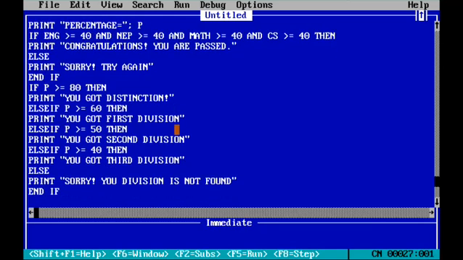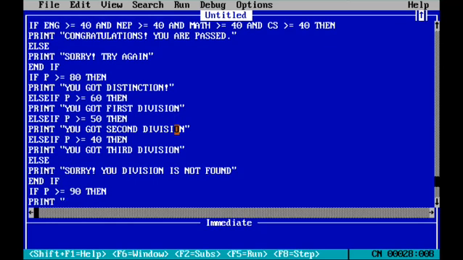And now last number we are going to find the grade. According to our grade also, for the second we have to give if P greater than equal to 90, then print your grade. Simply you can write here, your grade is A plus.